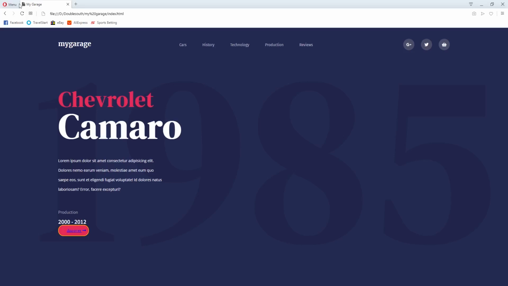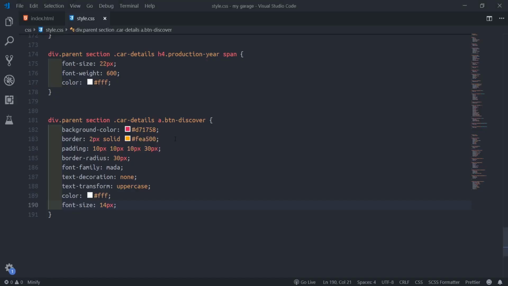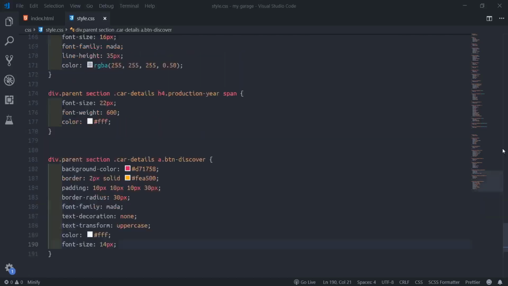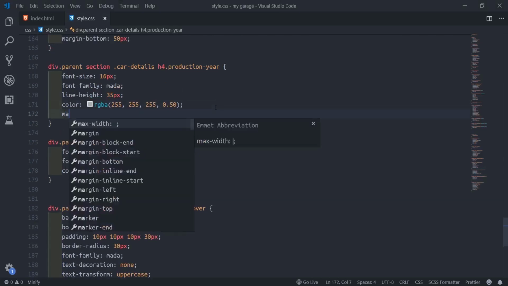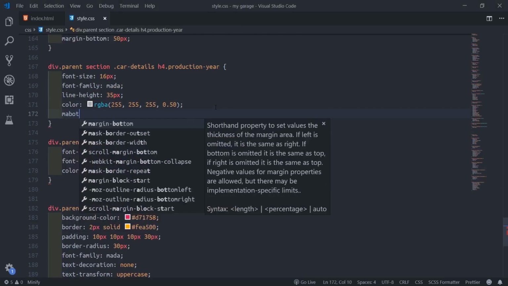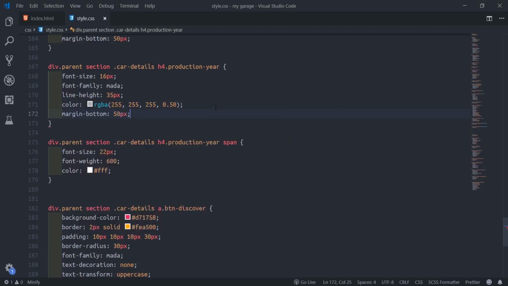Go back to my browser, refresh. This should be smaller, so what I'll do, come here, margin bottom 50 pixel.